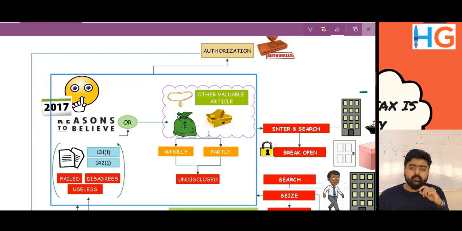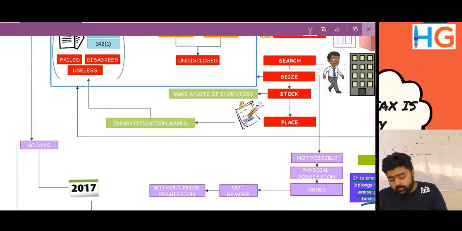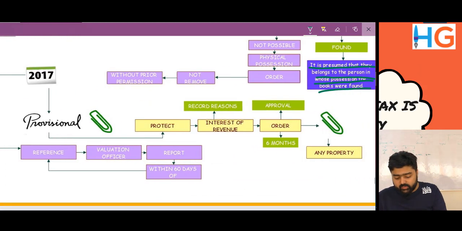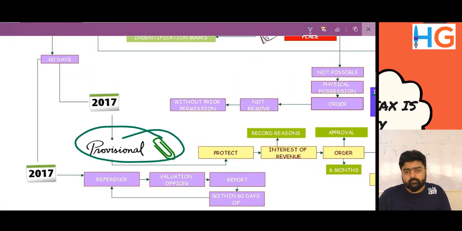So what the Income Tax Act has said by Finance Act 2017 is that the reasons to believe should not be disclosed. So you cannot disclose. Another amendment by Finance Act 2017 is provisional attachment.